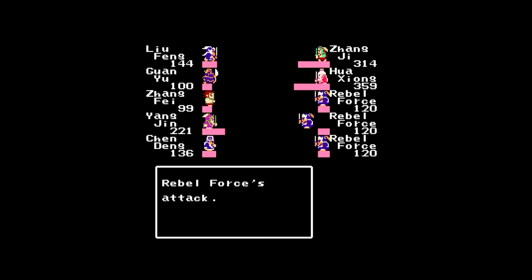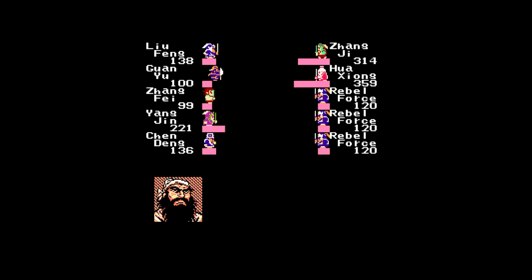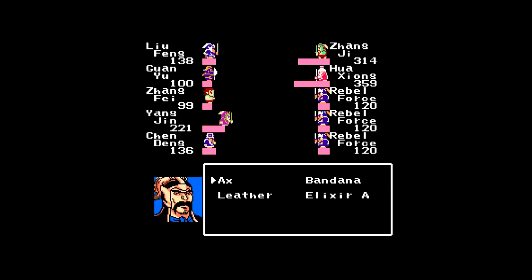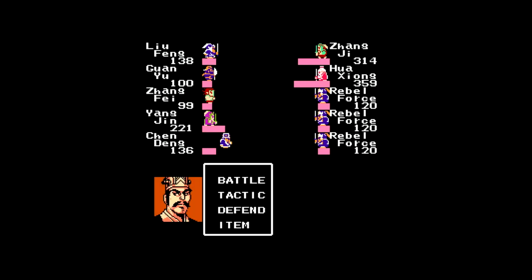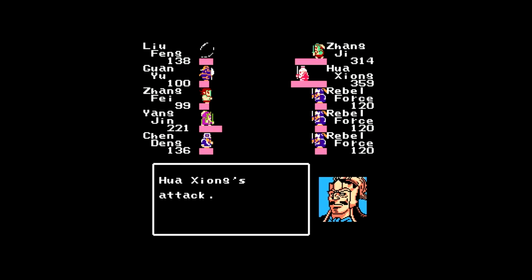That Rebel Force did 8 damage. This is a weird thing that I've noticed. The Rebel Force, even though I have a lot better armor, and I've leveled up quite a bit since the beginning of the game, they're doing more damage instead of less. Obviously, the enemies in this game, Rebel Force, Pirate Force, you know, the 4 main enemy types,